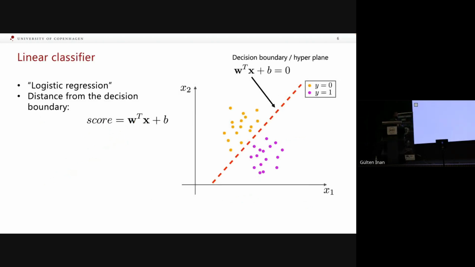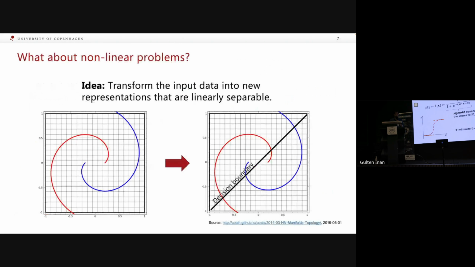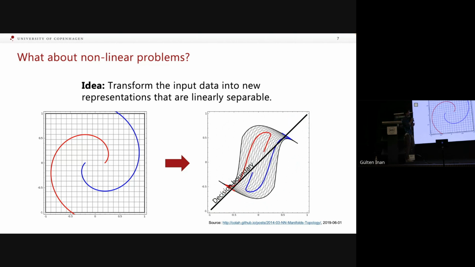So at the heart, or at the core of all of this, I would say, is a linear classifier. You find that in many neural networks at different stages, you will have something that looks like a linear classifier or a linear projection. So this is not much more than learning these linear projections and then a bias term. And this is fine for linear problems, right? There's nothing surprising here. But the big question is, what do we do when we have a nonlinear problem and our linear classifier will not help us to solve the problem?